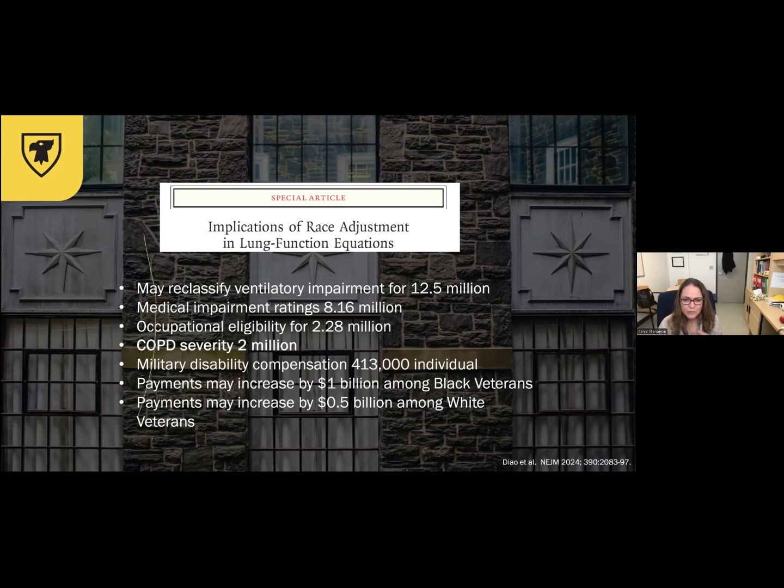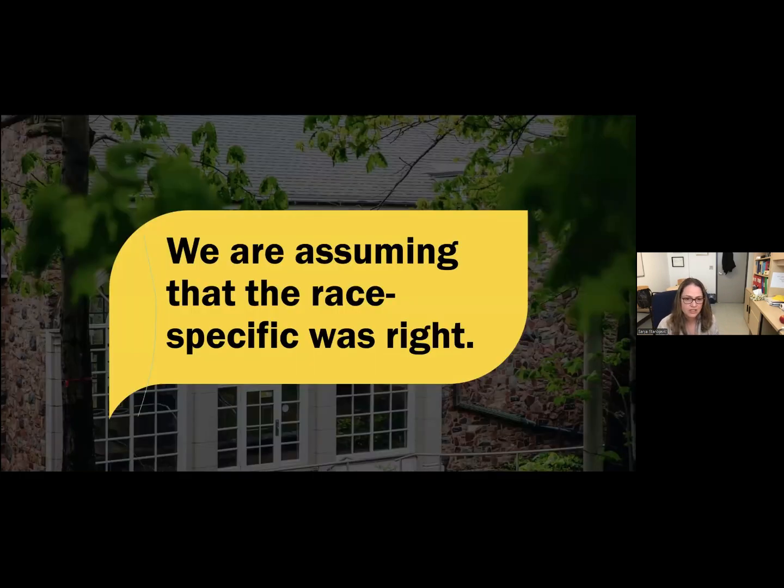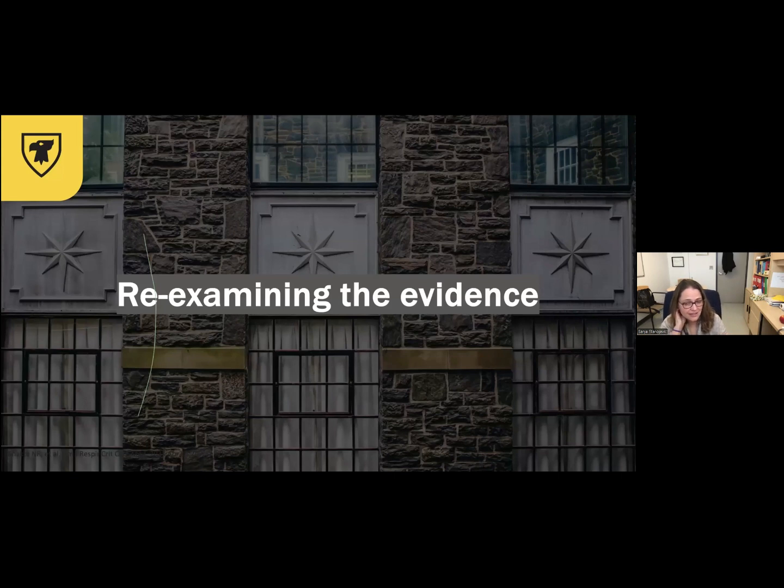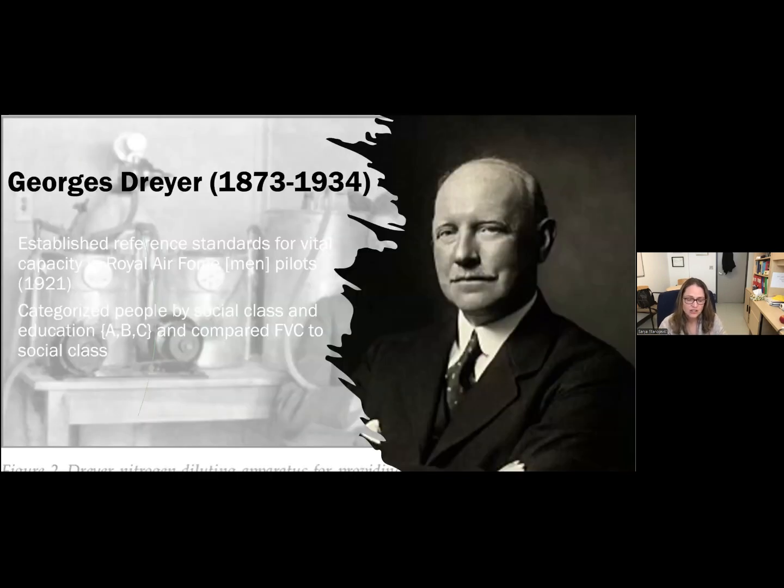But as a group, we wondered, does it matter? What is the truth? What are we trying to do here? We're trying to come up with better and more equitable ways of identifying lung disease in populations. So we've assumed when we do all of these comparisons that what we did previously was correct, that the race-specific approach was the more precise or accurate way of looking at lung function. And that, again, couldn't be farther from the truth. So let's re-examine the evidence